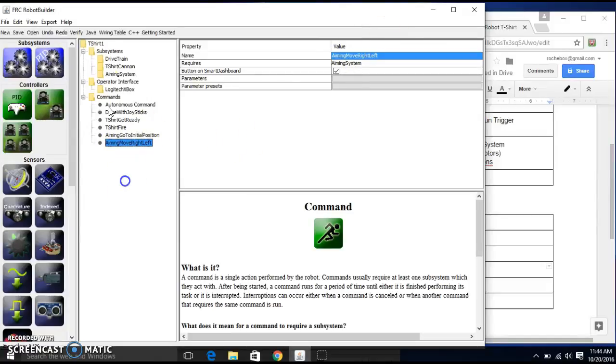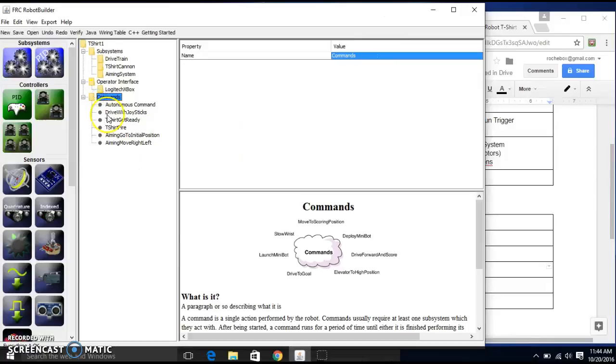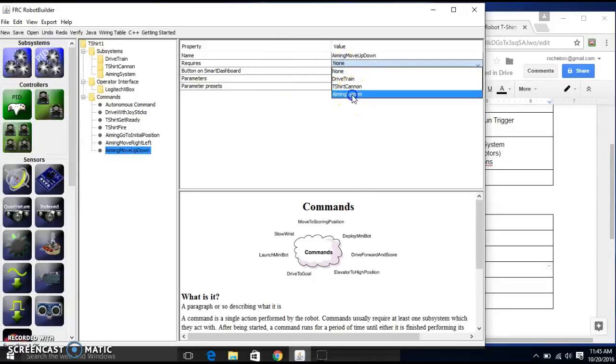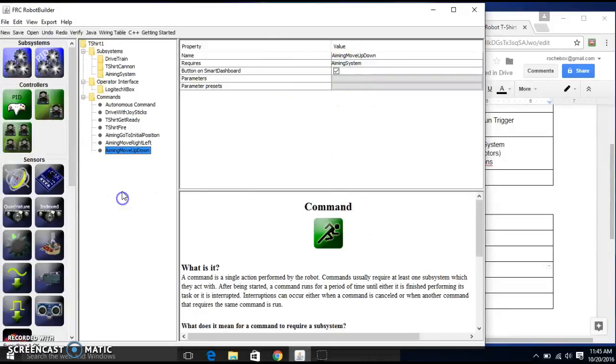And then I'm going to add one more command, aiming move up down. It also requires the aiming system. That's pretty good for the basic stuff. Now we want to add motors and think about how the motors